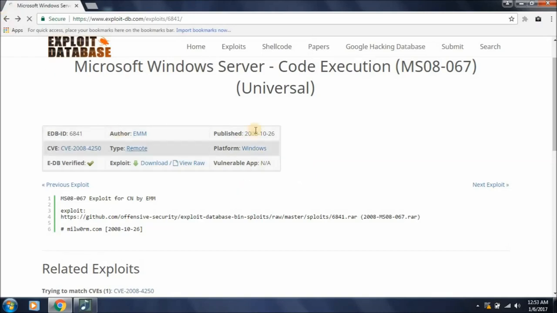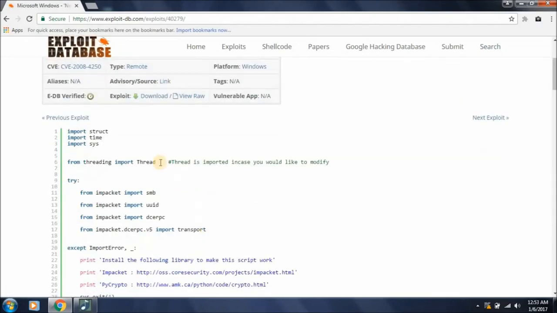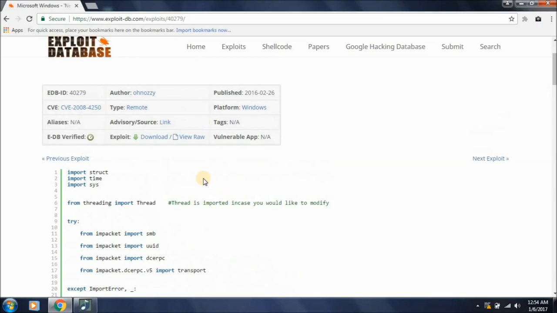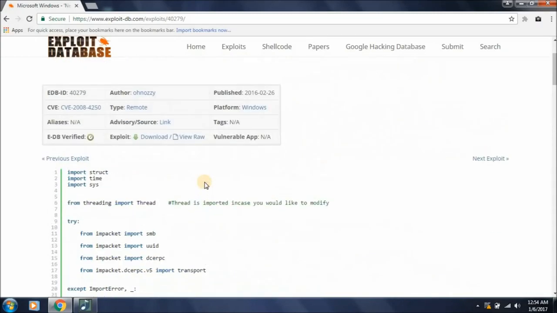Okay, let's see another exploit code to see what is behind this code in the file. Okay, this is the net API command and the vulnerability that was found in Windows XP. You can find every detail here, what the vulnerability is and in which way you can exploit it. So this website ExploitDB is really a great place to spend